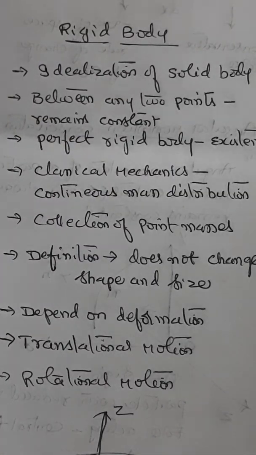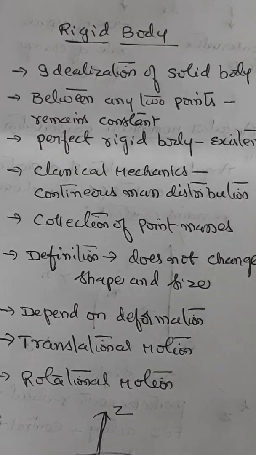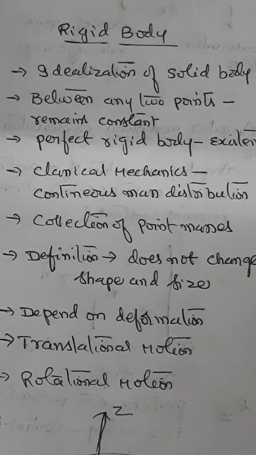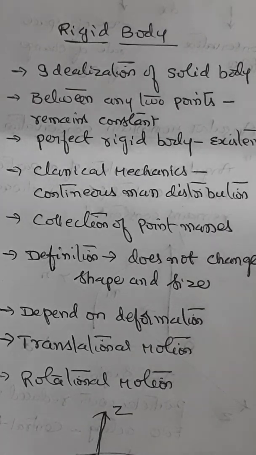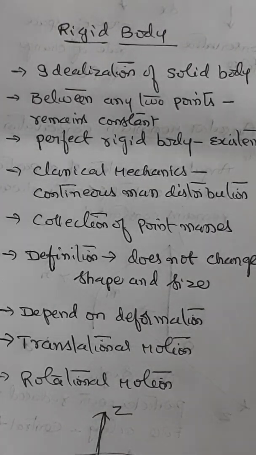Next thing we have to understand is an important component, what is known as a rigid body. So especially this is very crucial from the angle of central forces. Now, what is a rigid body? The rigid body definition says something else. But before going to the definition, let us understand the situation.